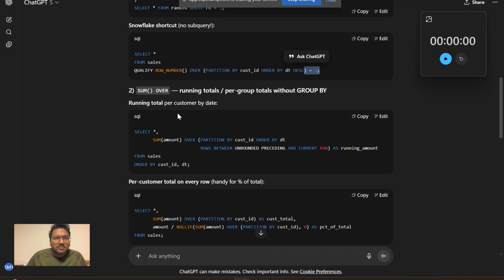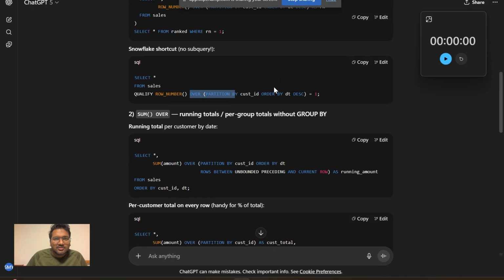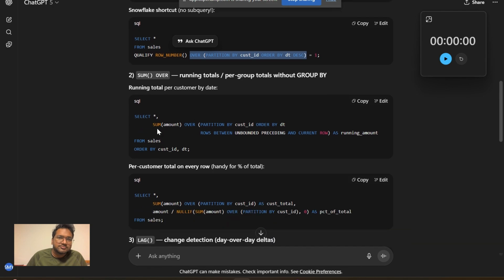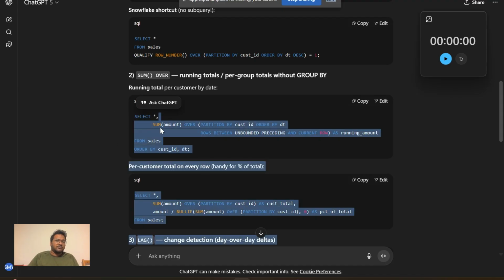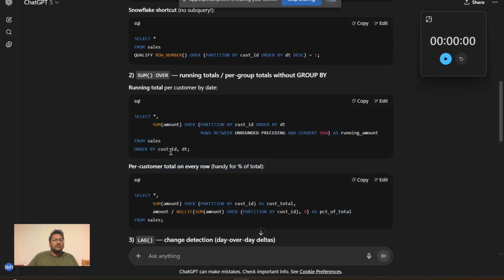Next, yeah, similarly to row number, for the same block we can also add other forms of aggregation like sum or max or minimum, such kinds of aggregate functions, and that would give us the same result. So for the partition and order block, here we have an extra rows between unbounded preceding and current row. To be honest, I am not sure on this part. I have to dig deeper on that. But in essence, if I'm understanding it right,